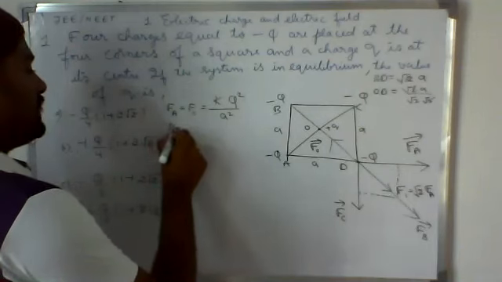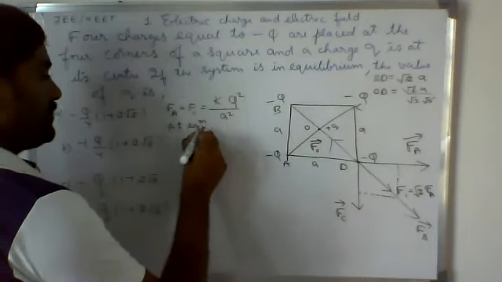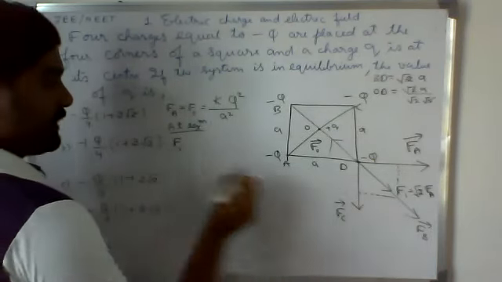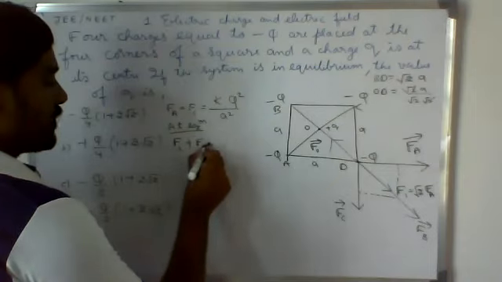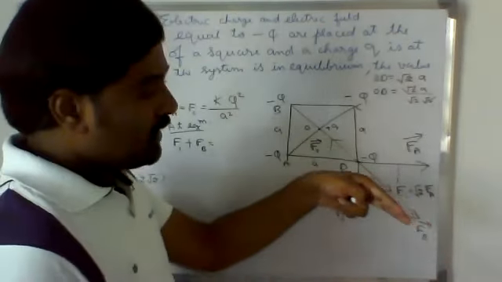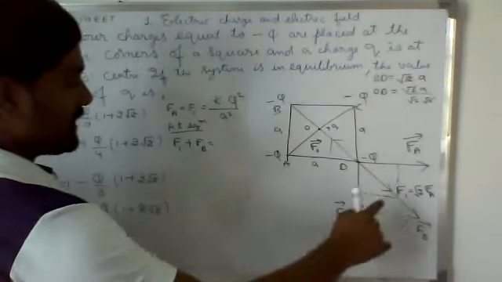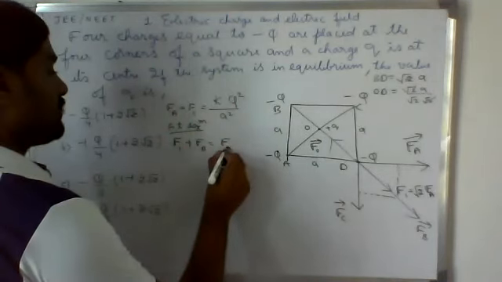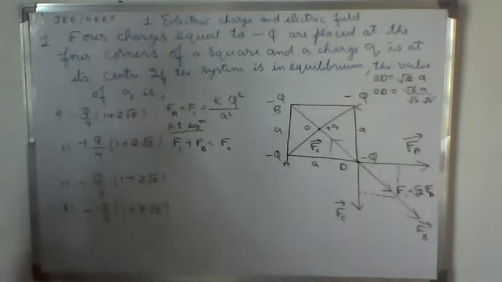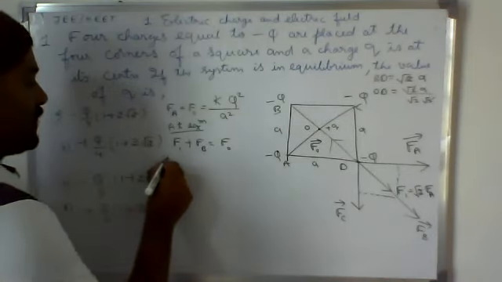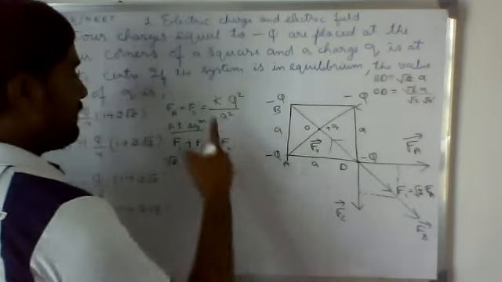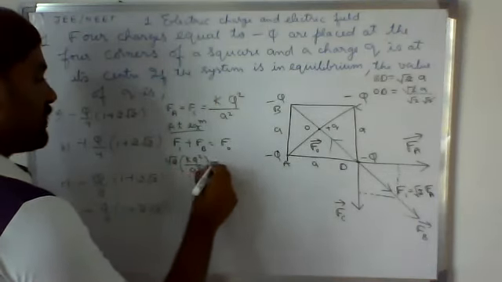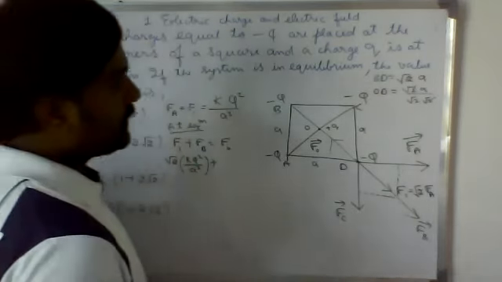Okay, now apply the equilibrium condition. At equilibrium, F1 plus FB, because the two vectors are in the same direction, the resultant is P plus Q. F1 plus FB is exactly equal to F0. Okay, after this we must solve very carefully. F1 is actually root 2 FA, that is root 2 KQ square divided by a square, plus FB, and what is its meaning?